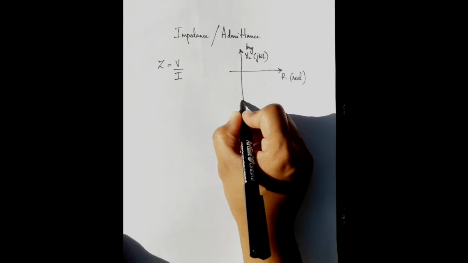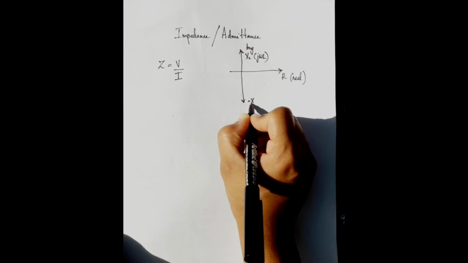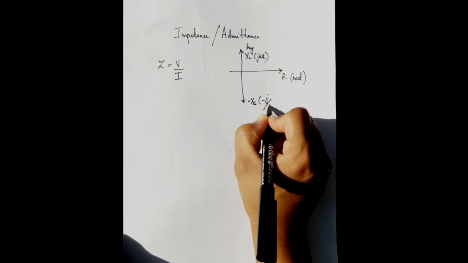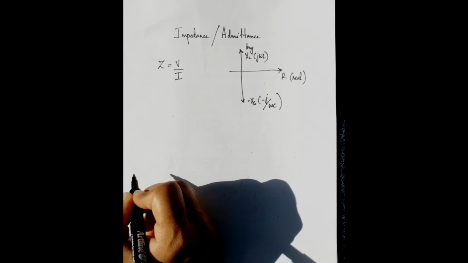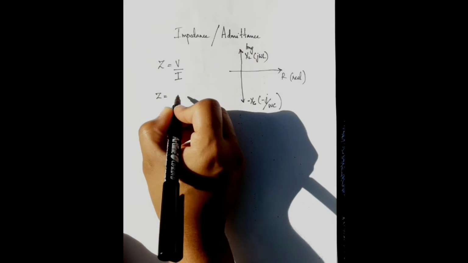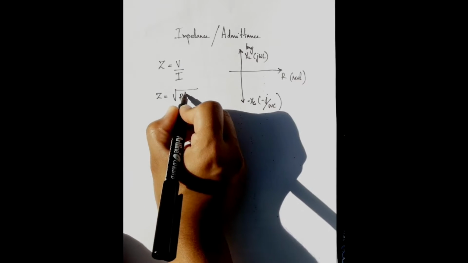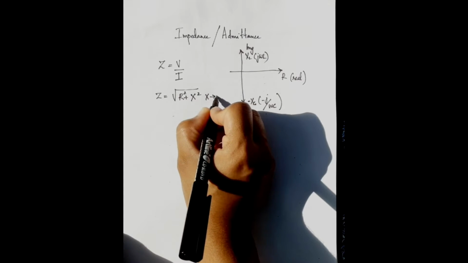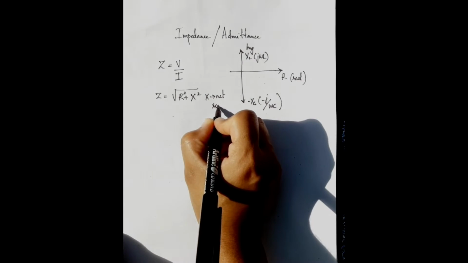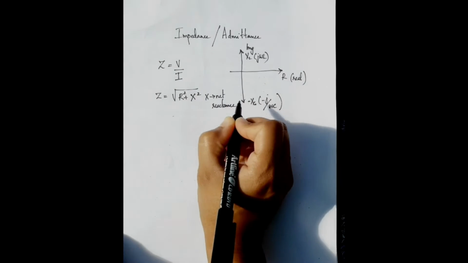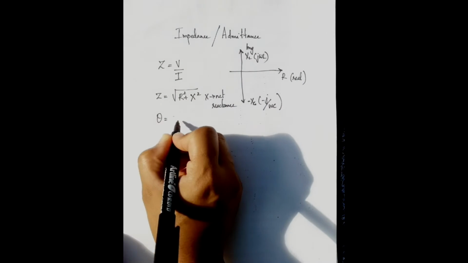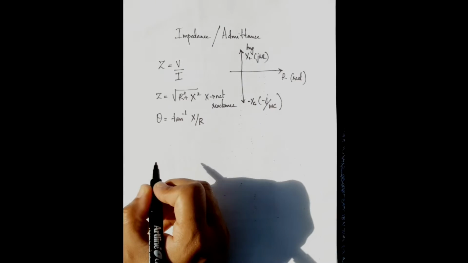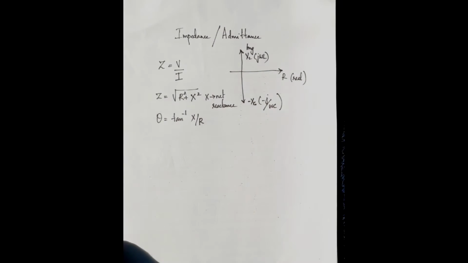And the positive reactance is XL or jωL, while the negative axis is minus XC or j by ωC, which is given by the capacitive reactance. And total Z we can find by root of R square plus X square, where X is the net reactance. We will get it by XL minus XC or XC minus XL. We can find theta by tan inverse X by R. Reciprocal of impedance is admittance.